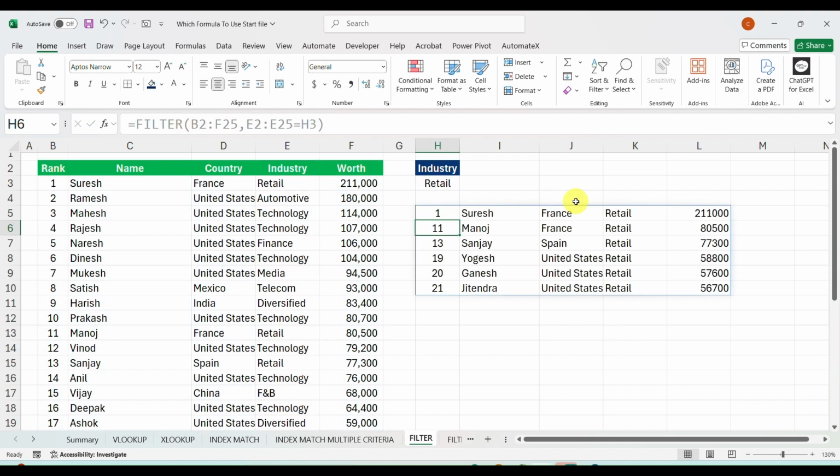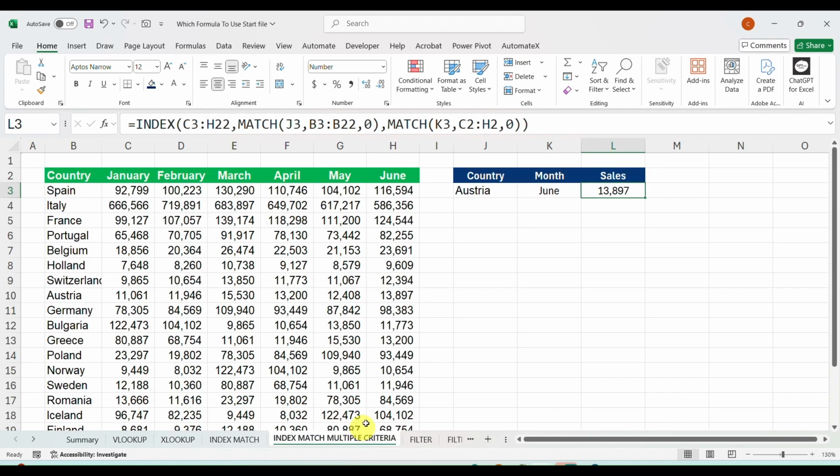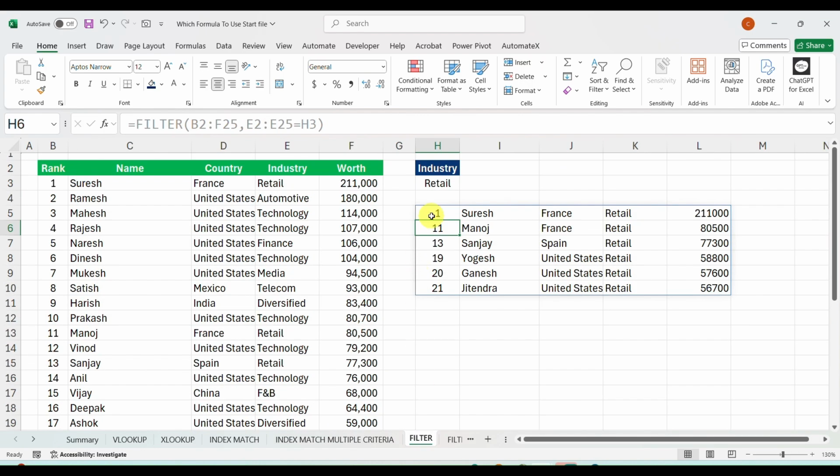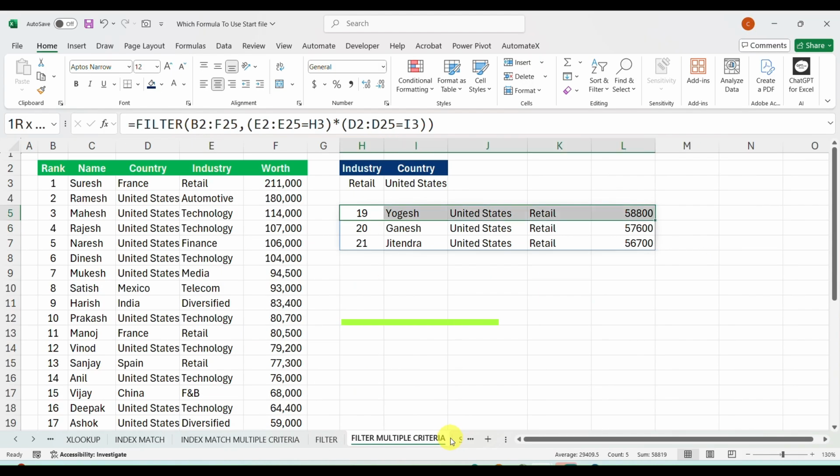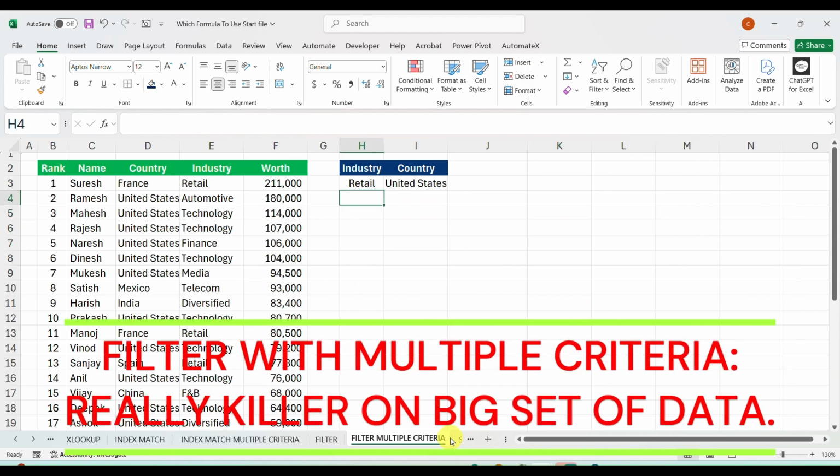You are done, my dear friend. You see all the details of retail are right here in front of you. But you may ask, in case of index match we have seen multiple criteria like country and month, but here we have only one criterion. So what will happen if you have multiple criteria?